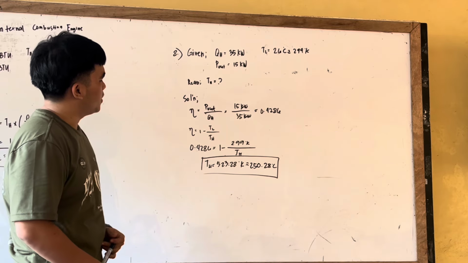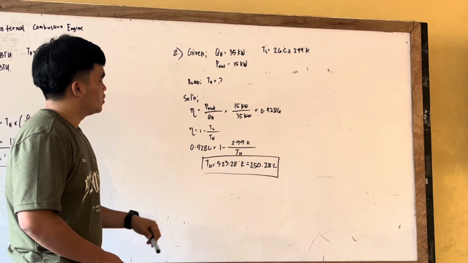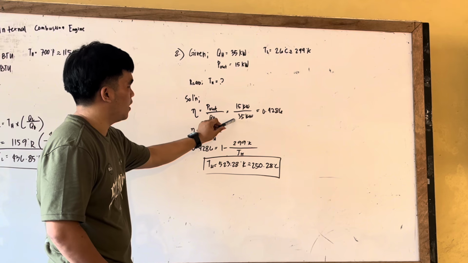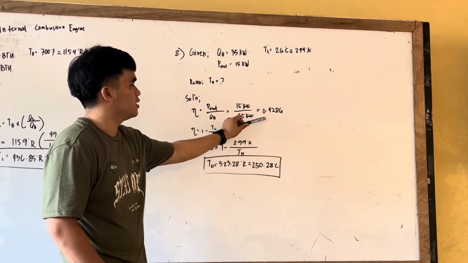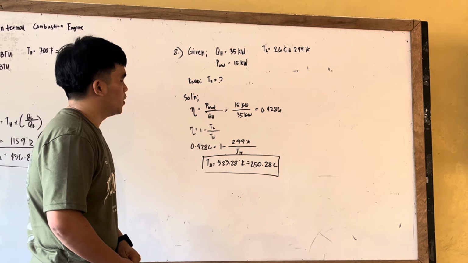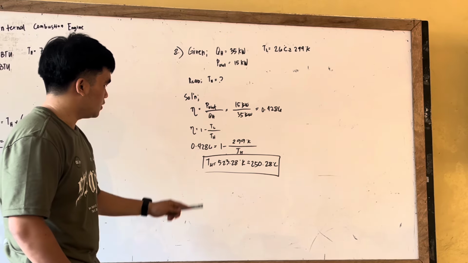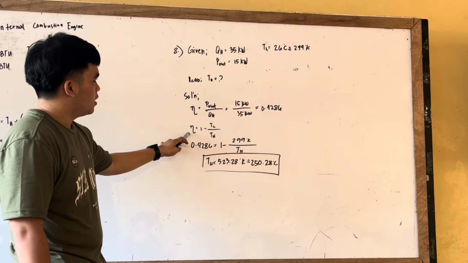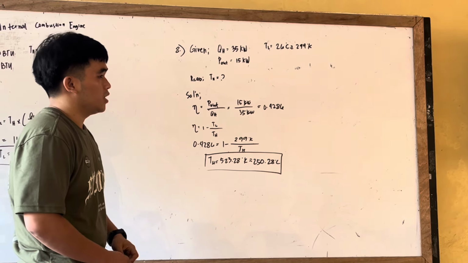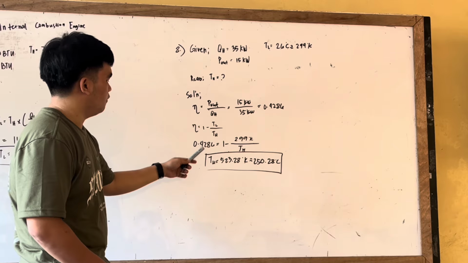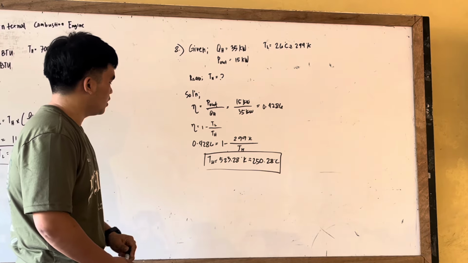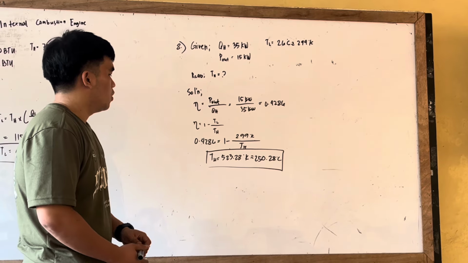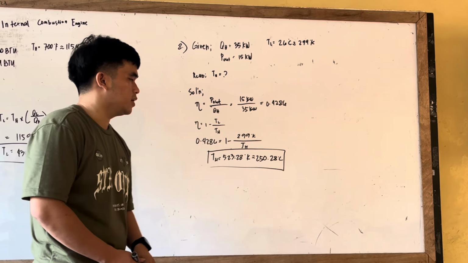efficiency equals P out over QH. So we put the given, we have 15 over 35. So the answer is 0.4286. Then next is we have this efficiency equals 1 minus TL over TH. So we put the given, our hot temperature is